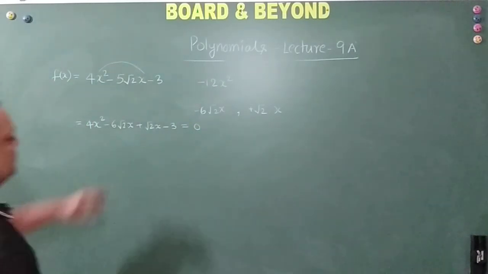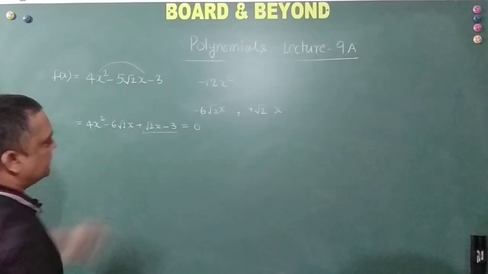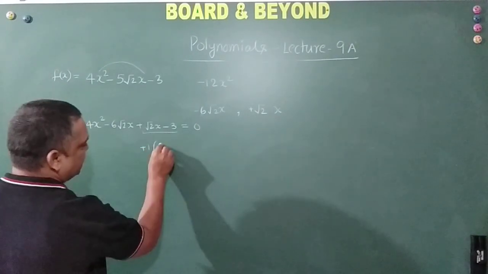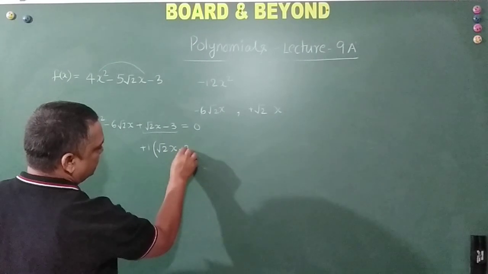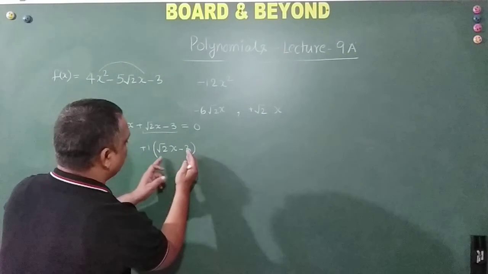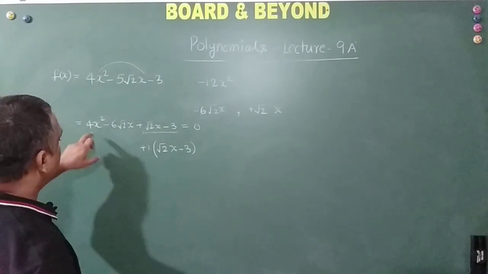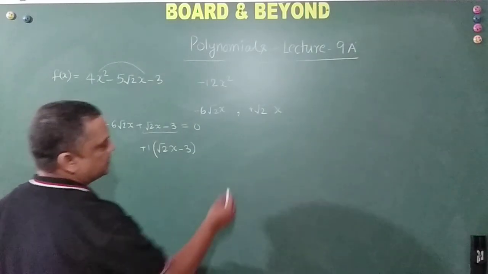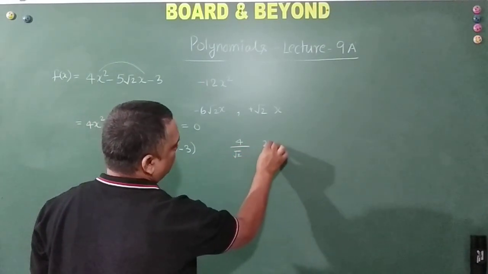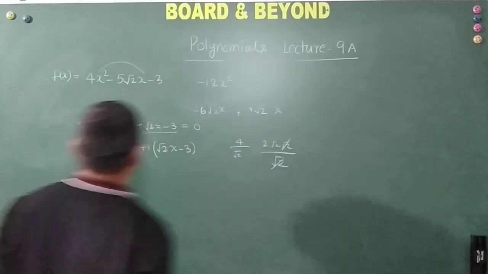Right, friends? Now see, when I am looking at this, okay, these two terms, I am talking about these two. There is nothing we can take common out here, right? So I am just trying to tell you some jugaad so that you are able to finish it fast in the examination. Okay. So now only this term only I should get here. Okay. So what happens is, how do we get here? So 4 divided by root 2 is how much? 4 divided by root 2. Let's do 4 divided by root 2 is equal to 2 into root 2 into root 2 divided by root 2. So root 2 cancels, 2 root 2.